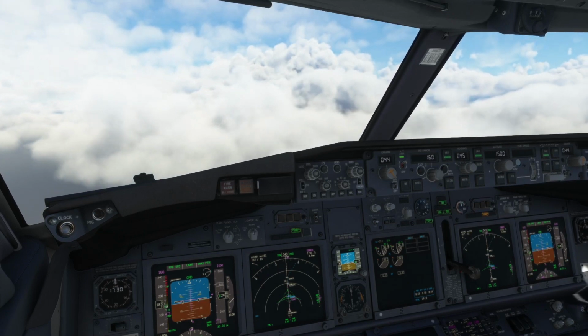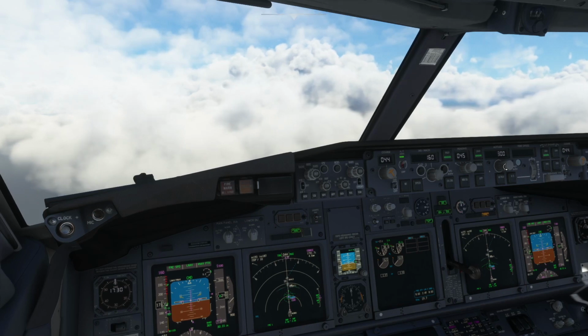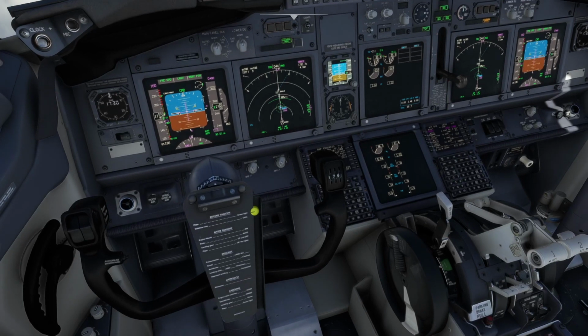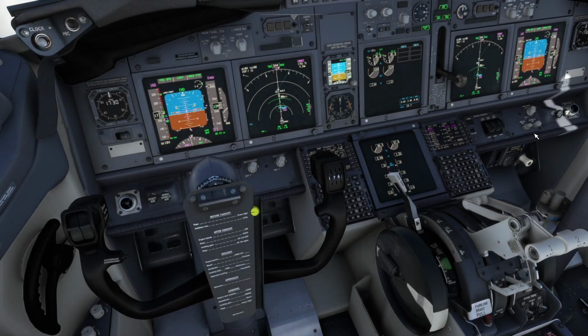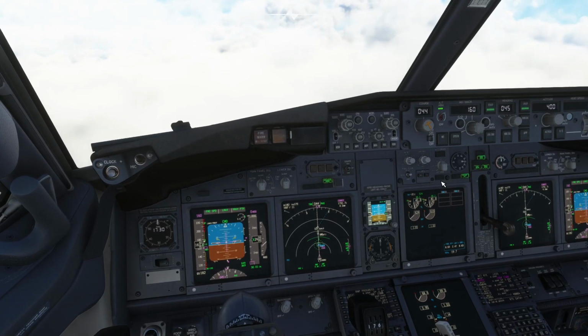When cleared for the approach, 400 feet can be set on the MCP. This is the minimum altitude permitted on this approach, rounded up to the next 100 feet. We no longer need flight spoilers extended, so we set the lever to the armed position, so they'll deploy on touchdown.